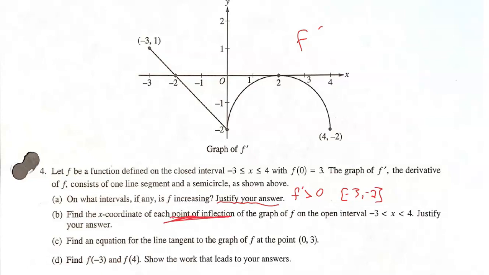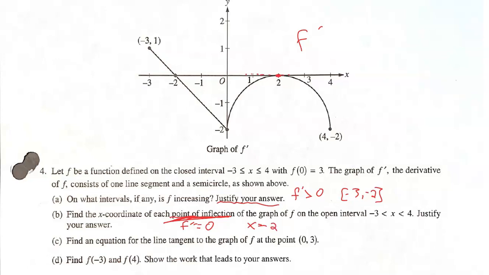And the reason all of them got one of them is they all understood f prime, the idea that f prime needs to equal 0. Well, specifically what needs to happen is the second derivative needs to change signs. So if that is the first derivative, the second derivative is the slope of the graph that we are given to work with, f prime. So the one answer that everybody got was at x equals 2, because they went to this point